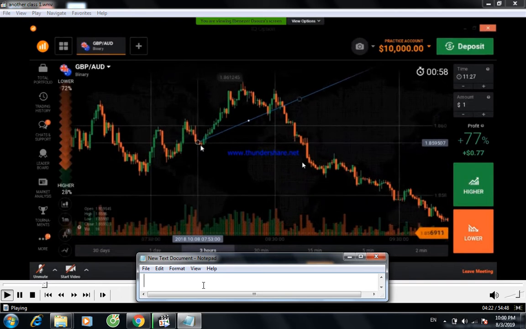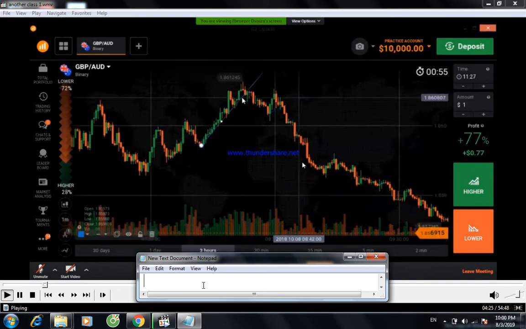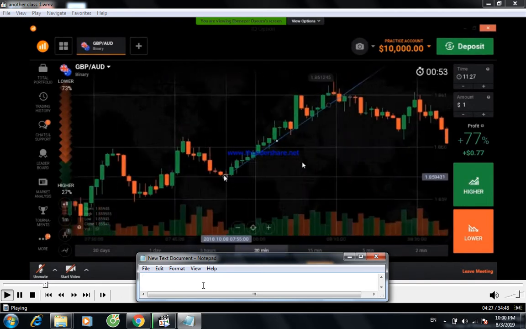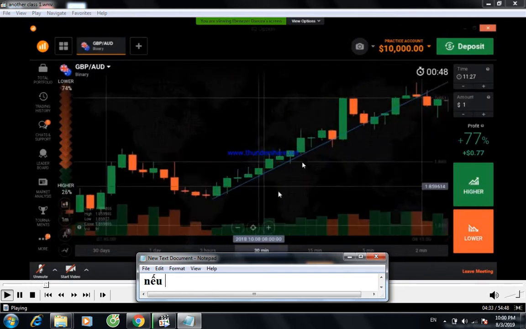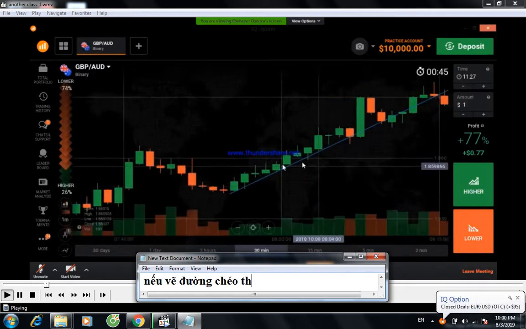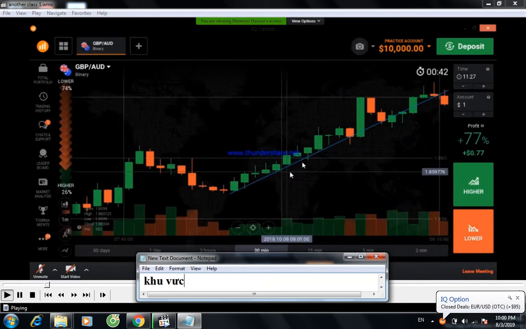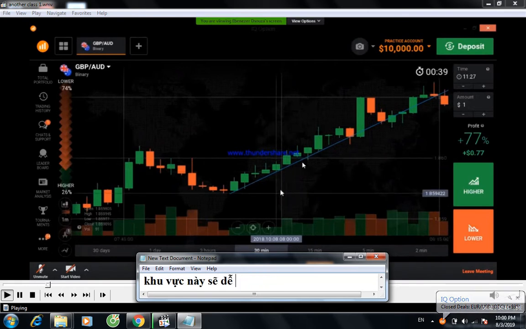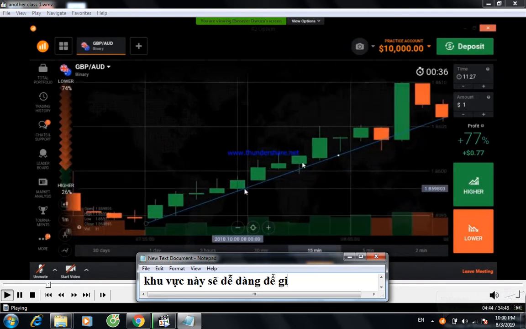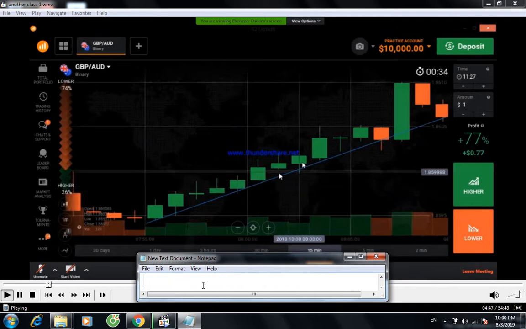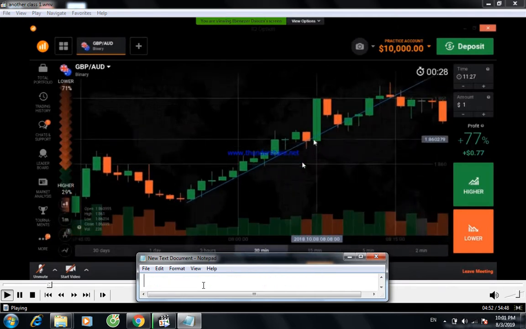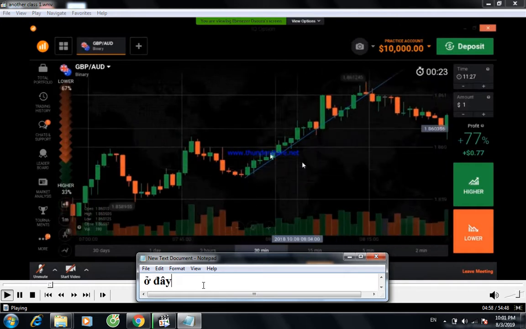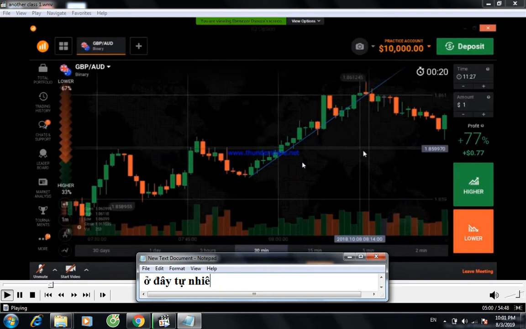So this is strong bullish movement. If you draw one line like this, you can easily trade at this area, because you are seeing the market is going. The market is taking support from this level. You can see here it is taking support from this level, but here you can see one strong candle. It means the market is not following this trend. It may reverse from this level. There is a chance,